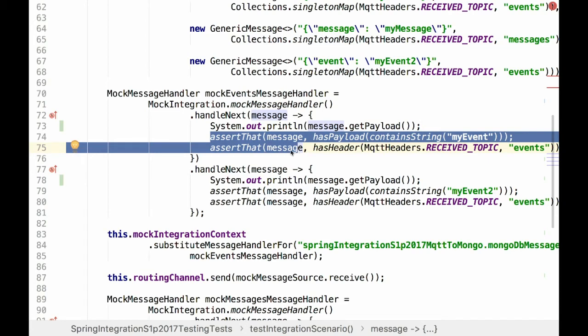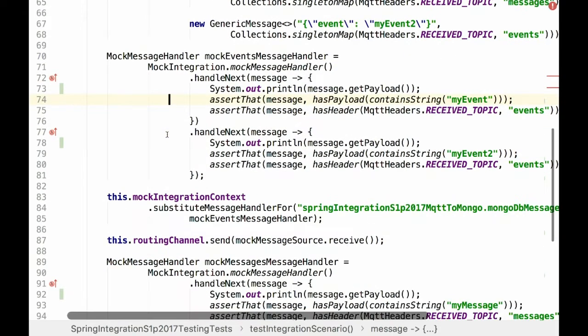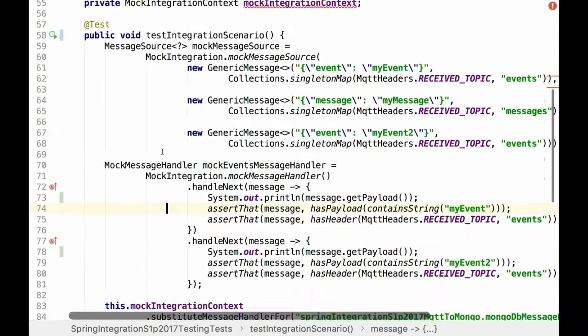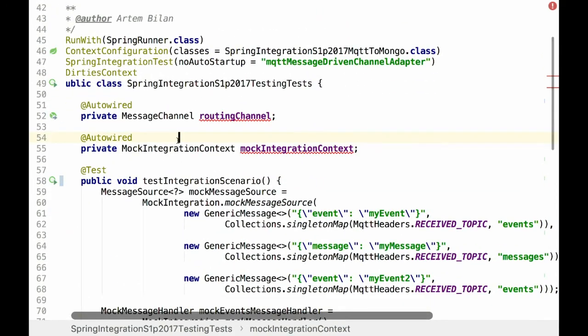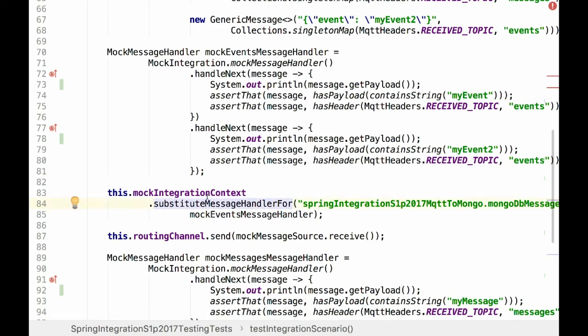And at the same time, this mock message handler can be used as a stub, like on that slide. For this purpose, we have that mentioned mock integration context and use its API to replace real bean for our mock.